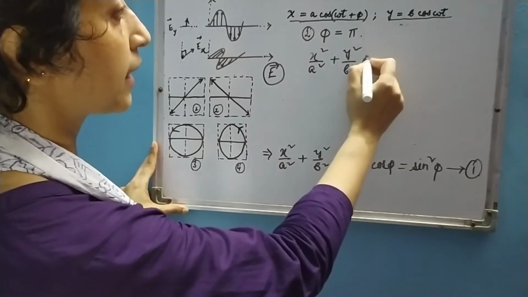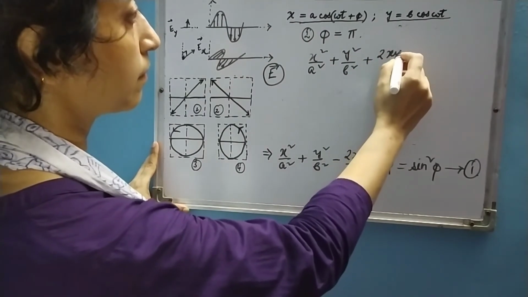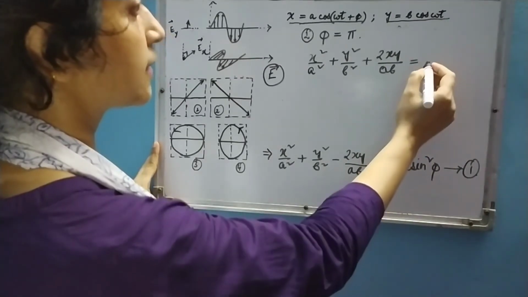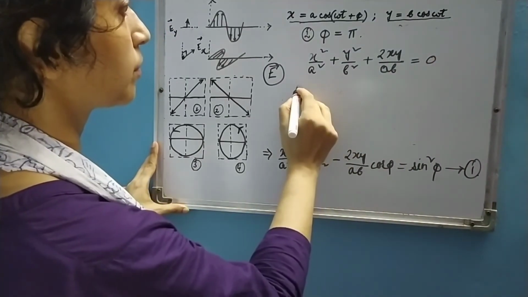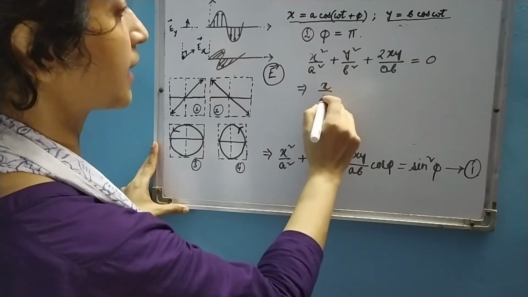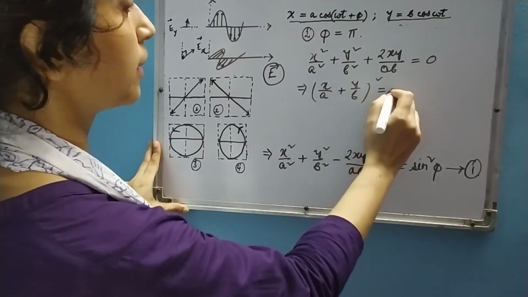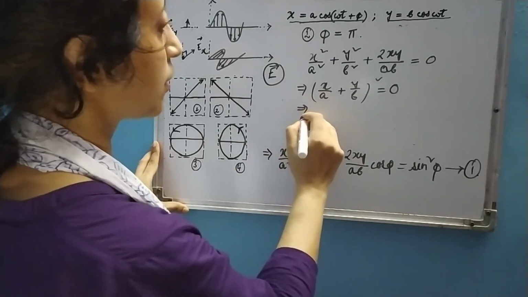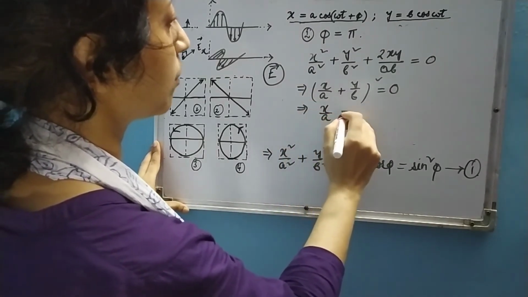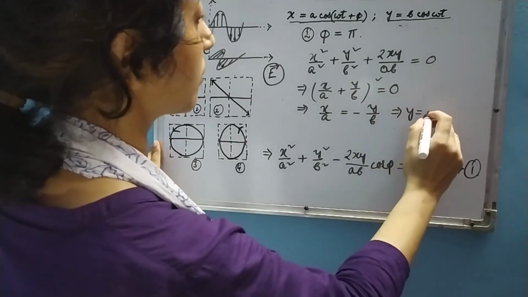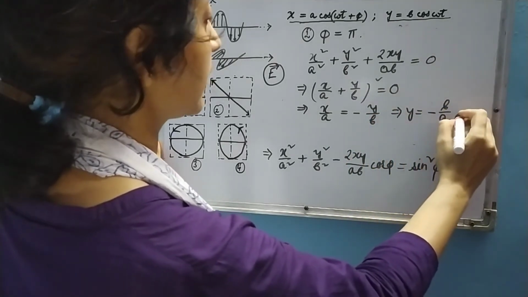Cos pi is minus 1, and sin pi is 0 again. So this time (x by a plus y by b) whole squared will be equal to 0, and this time also x by a will be equal to minus y by b, or y equals b by a x